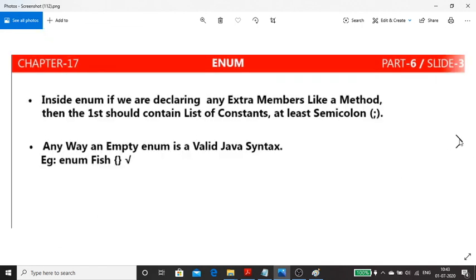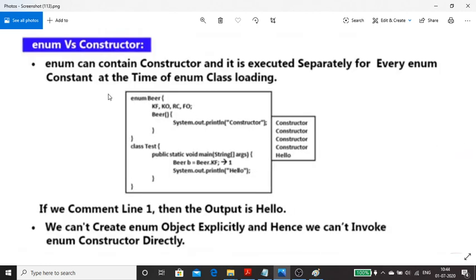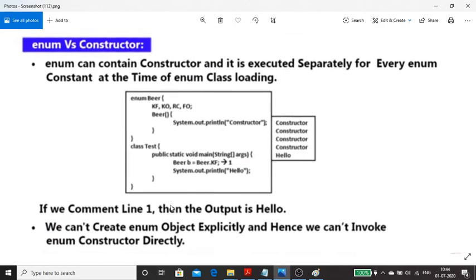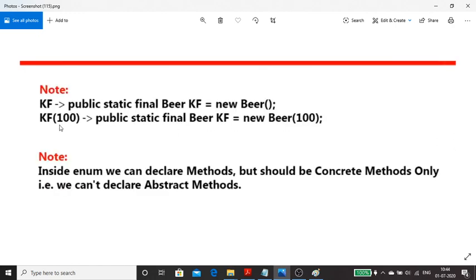Next, even an empty enum is acceptable, and enum versus constructor. Just write down this program. After writing this theory, write down this program along with this output. Next, how to call parameterized constructor. Just copy this one.